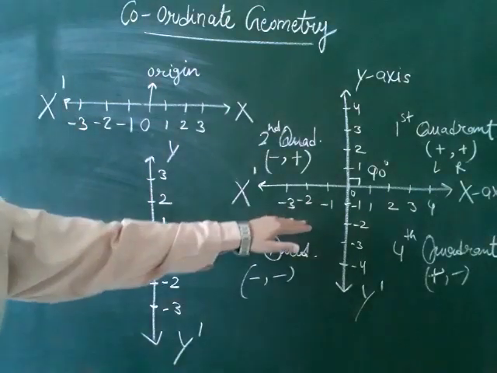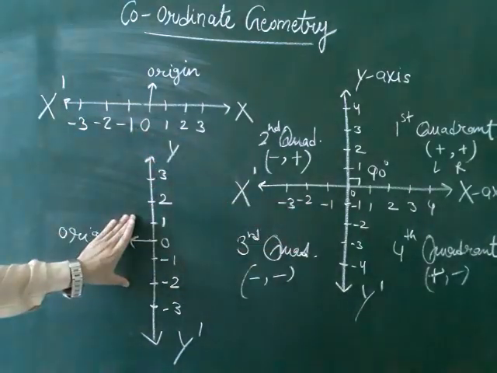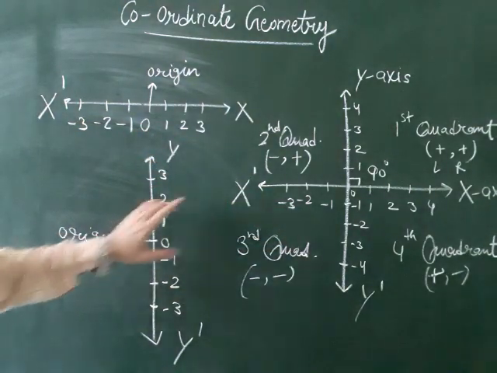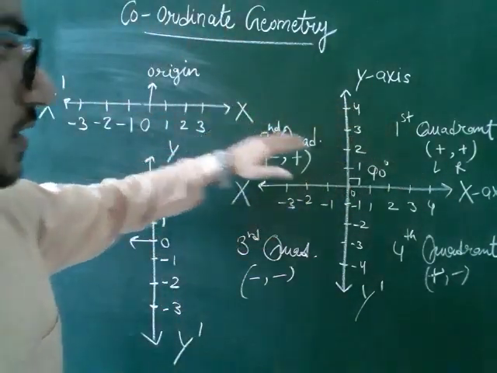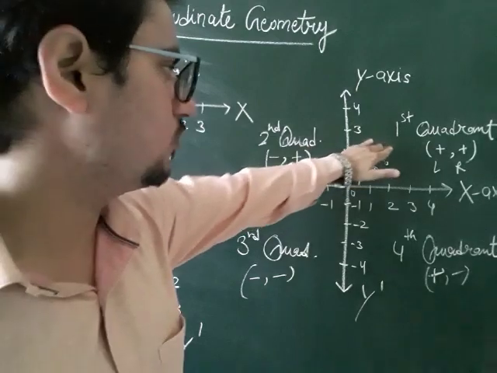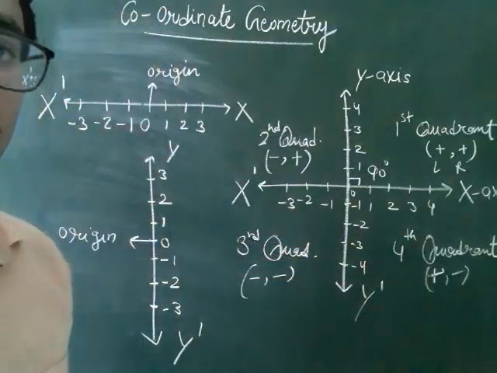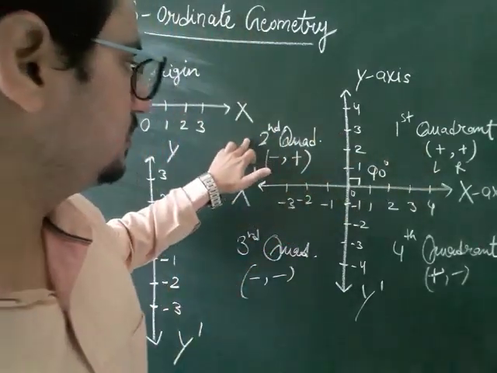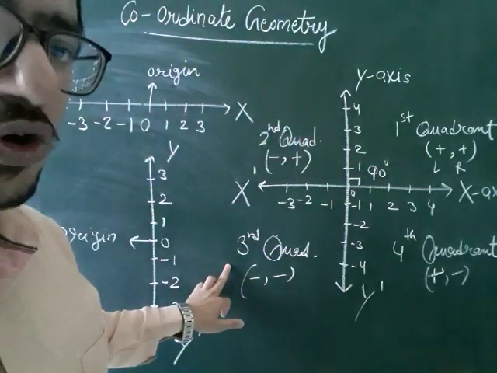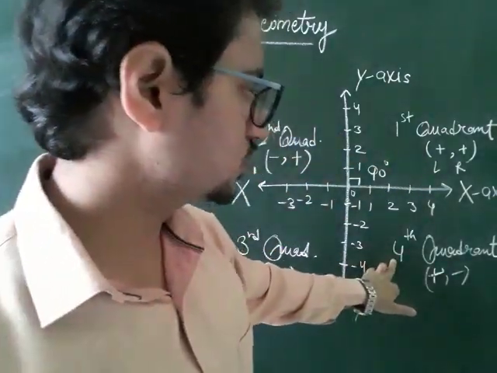जब हमने इस तरह से हॉरिजॉन्टल नंबर लाइन और वर्टिकल नंबर लाइन को इंटरसेक्ट करा दिया तो ये जो सिंपल एक प्लेन था वो अब 4 पार्ट्स में डिवाइड हो गया है, 1 2 3 4, and these 4 parts are known as quadrants. This is your first quadrant, it will be your second quadrant, it is your third quadrant, and this is your fourth quadrant.